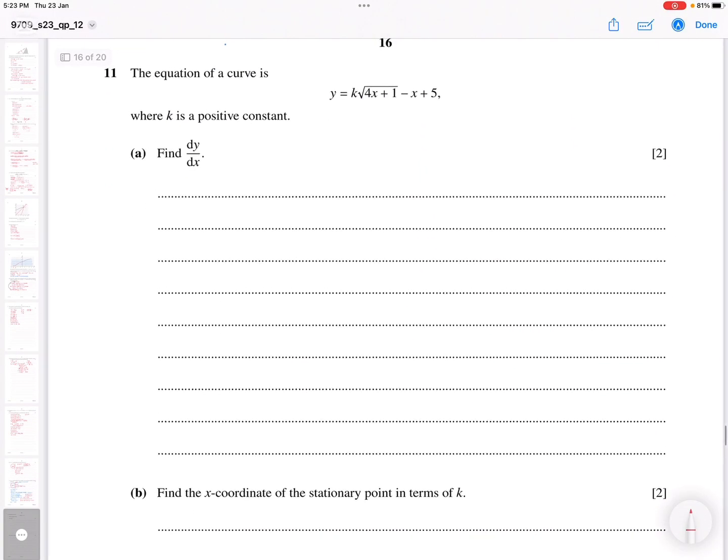In our question number 11, the equation of a curve is this, where k is a positive constant. Find dy by dx. So you write y equals k times root of 4x plus 1 minus x plus 5. So your dy by dx is,